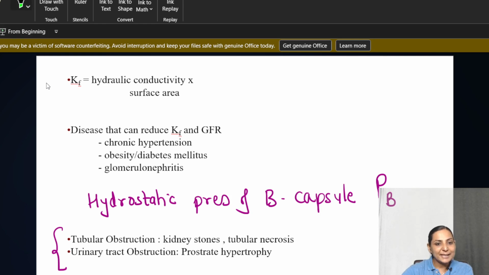For example, there is urinary tract obstruction like benign hypertrophy of prostate, or there is tubular obstruction which occurs mainly when there are renal stones, kidney stones, or the calculi which we say in the ureter or the bladder, which increase the back pressure. So this is pathological, this is not physiological. So normally the hydrostatic pressure of the Bowman's capsule is maintained, which will not affect the GFR unless and until it is pathologically affected. Okay, so we've seen the Kf, filtration coefficient, we've seen the hydrostatic pressure of the Bowman's